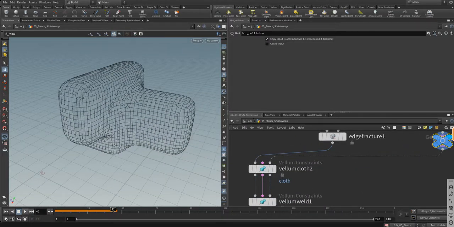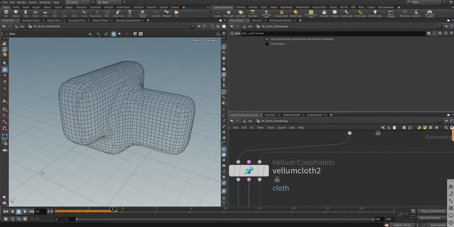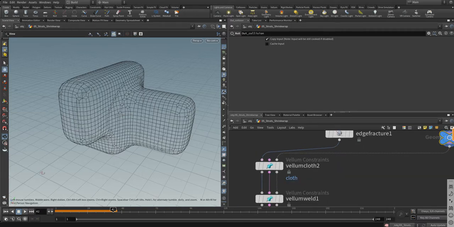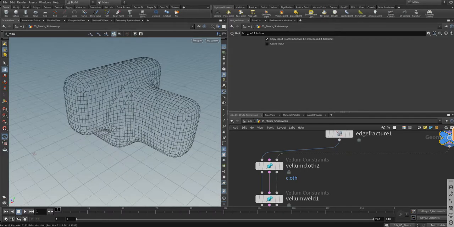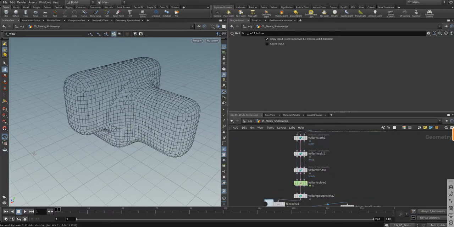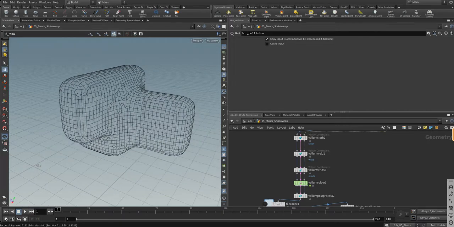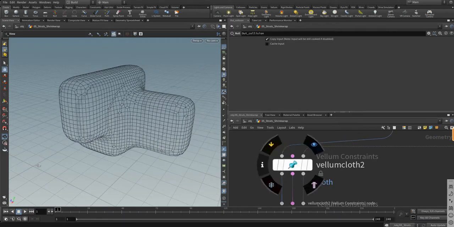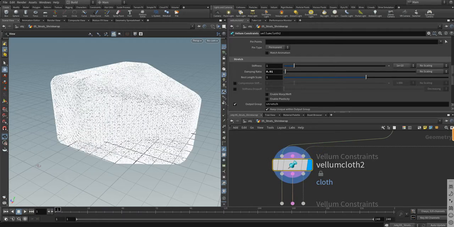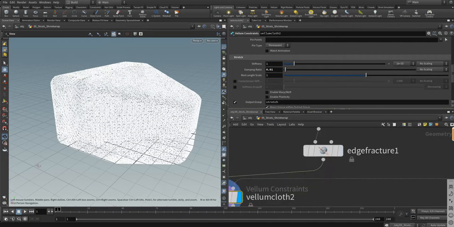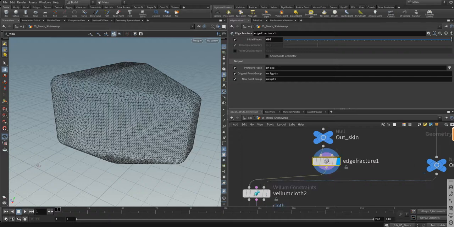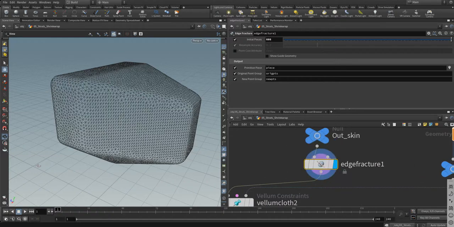So inside the Vellum constraint node, let's go back to frame 1. Here are 5 nodes to get our setup right. First we use a Vellum cloth, and we use certain values. No. Firstly, we have to fracture the edge. We plug edge fracture into out skin,